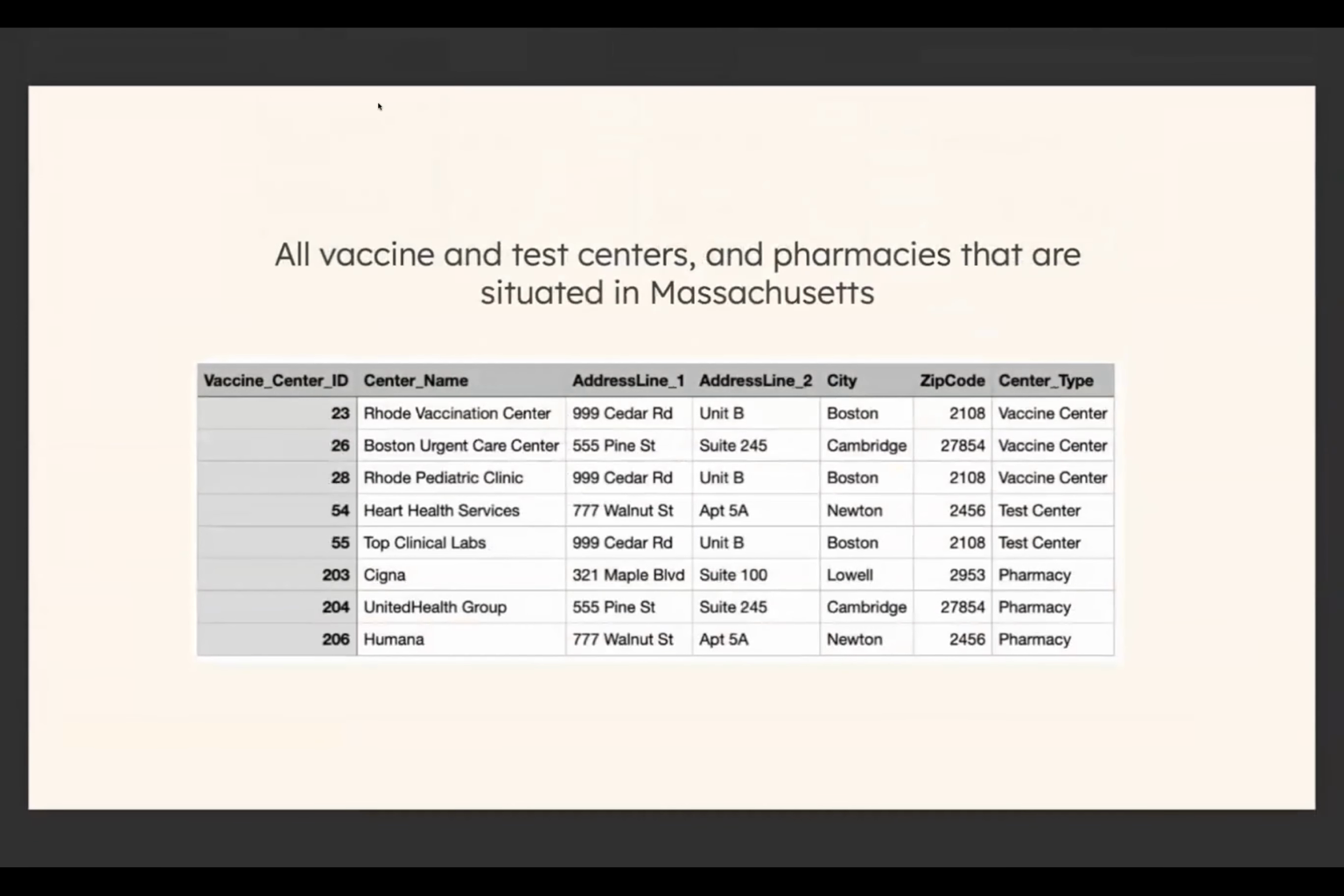Yeah. So what we are doing is thinking from a customer perspective. If a customer is located in Massachusetts and wants to know what all pharmacies, vaccine centers, and test centers are near him, in an actual website he'll just filter with state. We're just doing the same. We're filtering all these centers by state using the address table. The address table has the state value, and the address is given to each center, and based on that we are filtering out all the pharmacies,